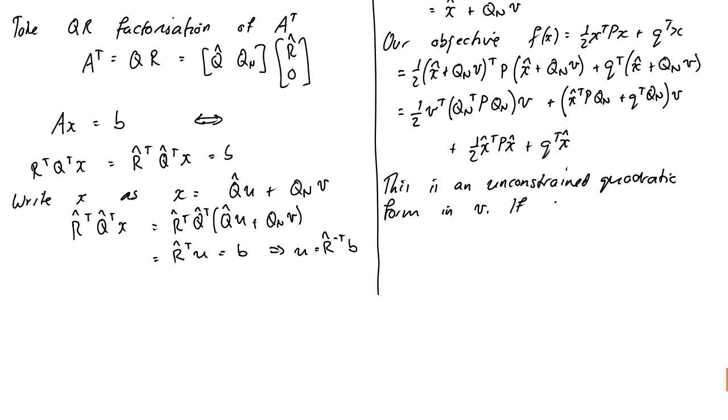So if Qn transpose P Qn is positive definite, by the way, another way of saying that is that P is positive definite on a subspace, which in this case happens to be the null space of A,